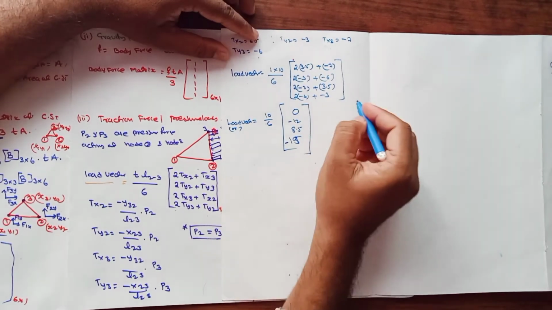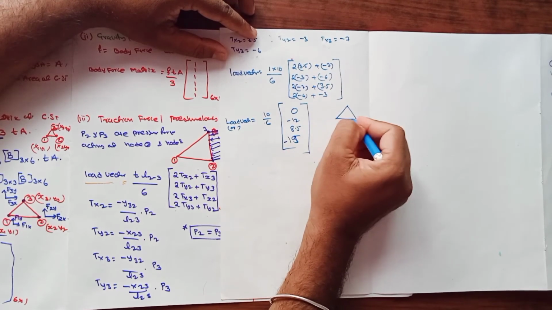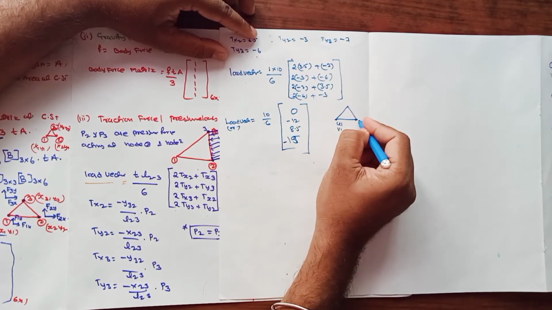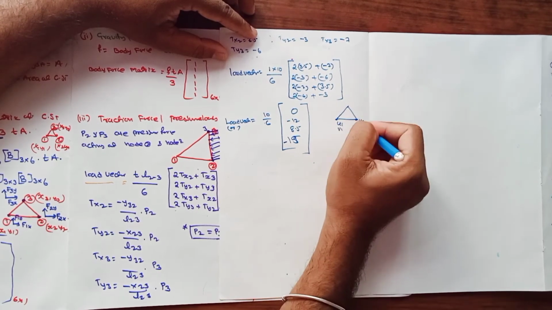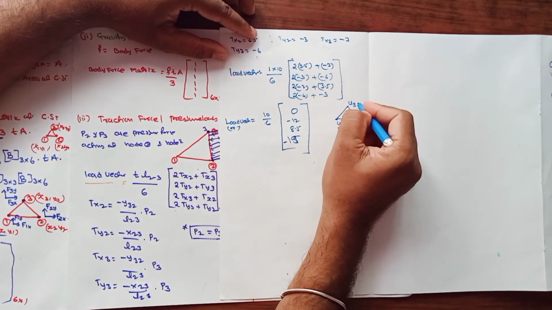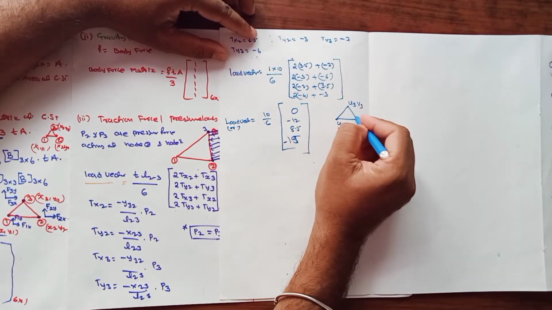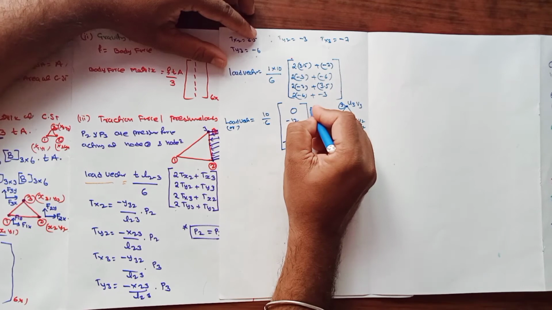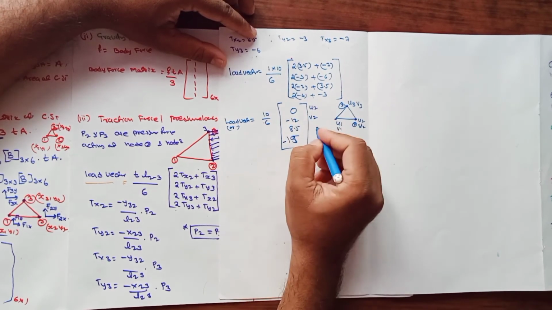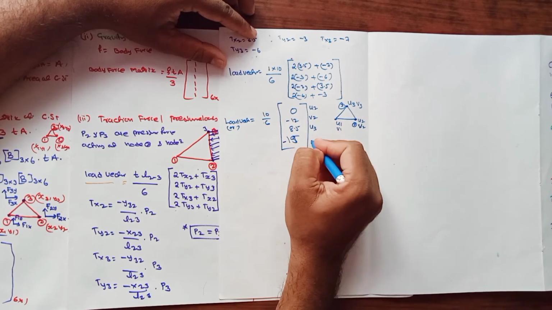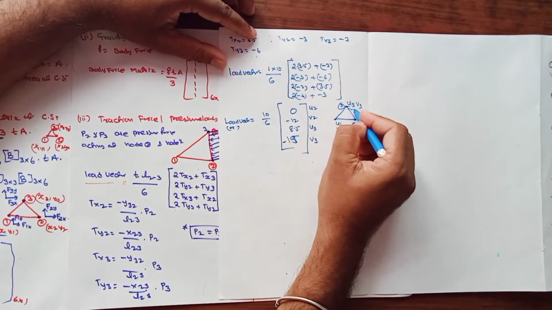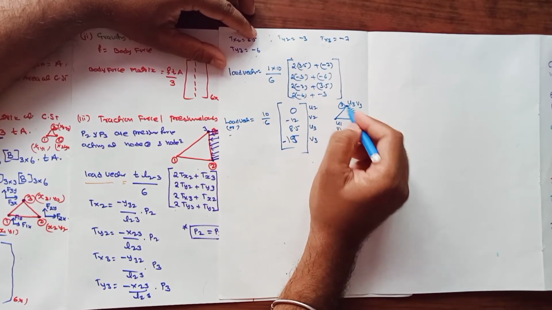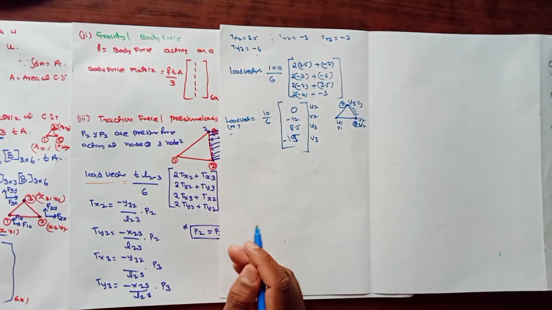So we know that the triangle is like this. At nodal number 1 it has u1 and v1, at nodal number 2 it has u2 and v2, and at nodal number 3 it has u3 and v3. The pressure is acting from nodal number 2 to 3, so the row numbers and column numbers start from u2 v2 and the next one is u3 v3, because the pressure load is acting from 2 to 3. So this load vector belongs to nodal numbers 2 to 3 alone. This would be the load vector for the given problem.